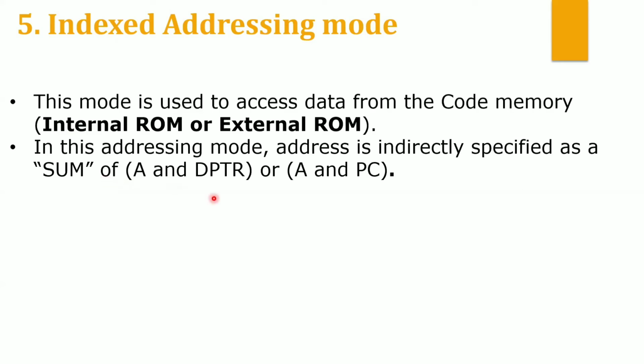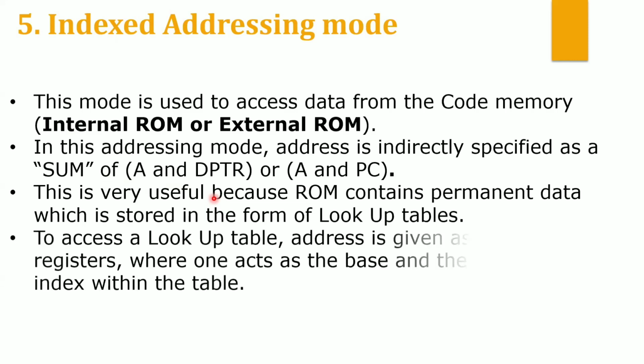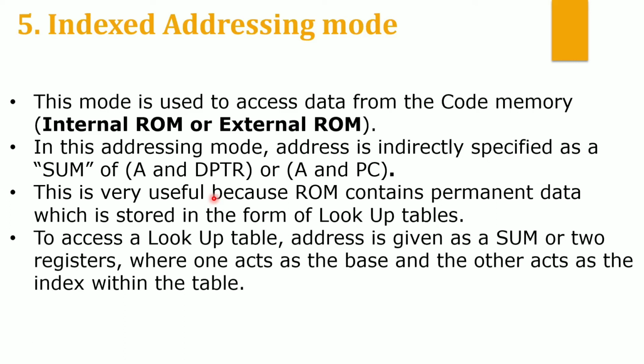Okay, please pay attention. Why we are using this addressing mode is to access the data present in lookup tables. I will tell you what is meant by lookup table within a short period of time. In order to access the data of lookup tables, I will use two registers. One is the A register, and the other is DPTR or PC. I will combine these two registers and get one address, and with the help of that address, I can access the information. Whatever value is present in the DPTR becomes your index register, I mean offset register, and the A register is nothing but your index. If you know the concept of offset and index in the memory segmentation of the 8086 processor, the same concept applies here.